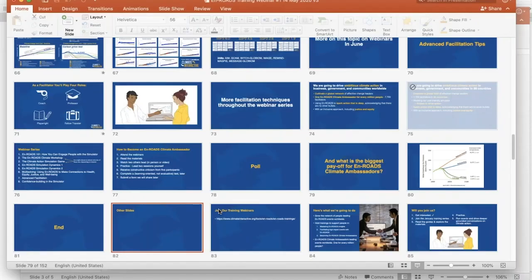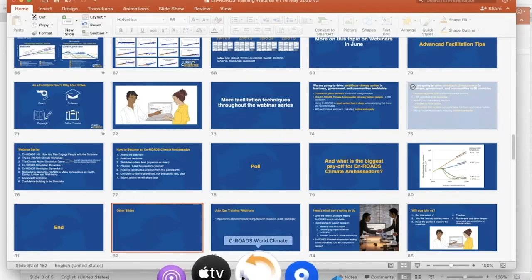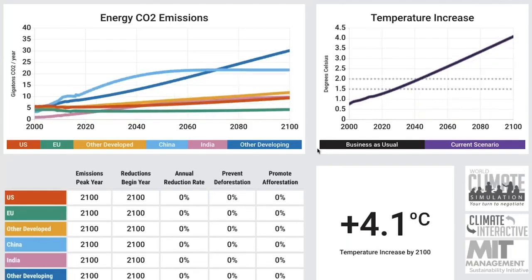So the question, as I heard it, is what is the difference between En-ROADS and C-ROADS? Well, C-ROADS is a model about countries. En-ROADS is about actions, policies, and solutions. So that's the big distinction.